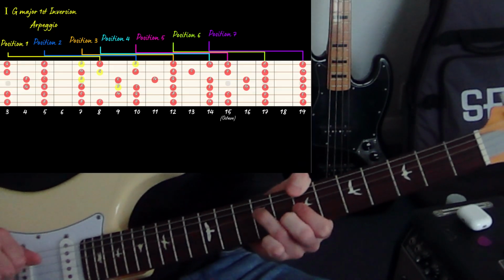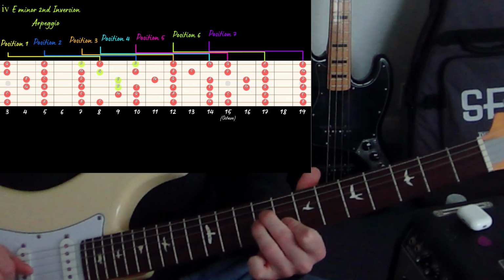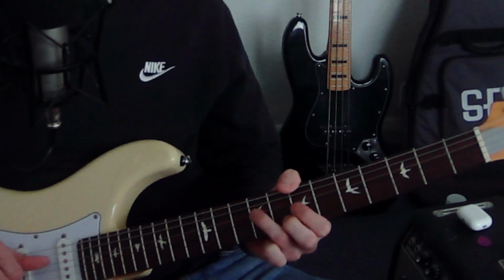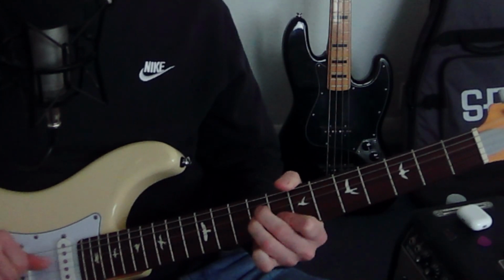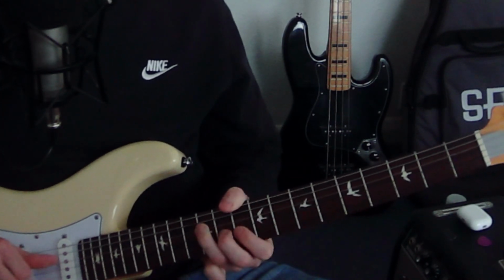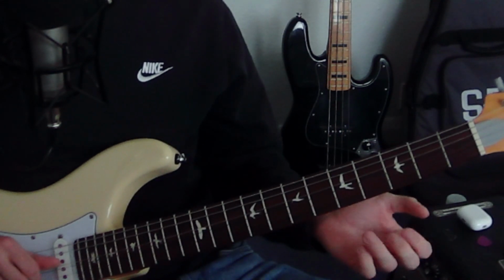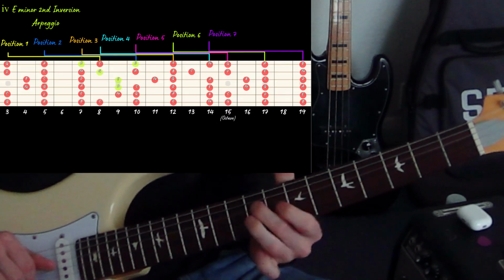So we have 1, then we have 6, and then we have 5 over here. So we get a first inversion G major, we get a second inversion E minor, and I get a root position D major. So I can do the exact same concept as before, running through the arpeggios,